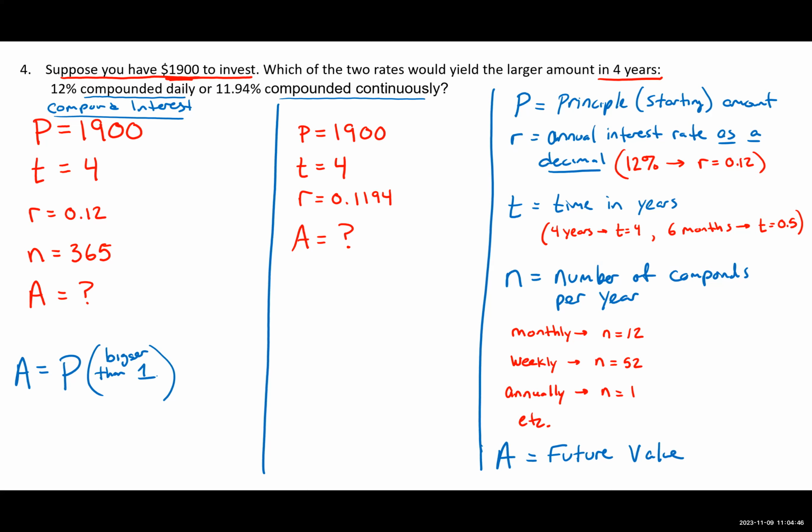You're going to multiply it by something a little bigger than 1. Specifically, you're going to multiply by 1 plus R over N, because we're taking that annual interest rate and splitting it up N ways. So if it's monthly, you divide the rate by 12 to get your monthly interest rate. If it's weekly, you divide R by 52 to get your weekly interest rate, and so on. And then you raise that to the power of